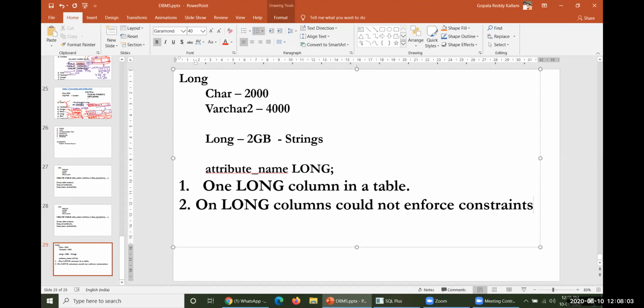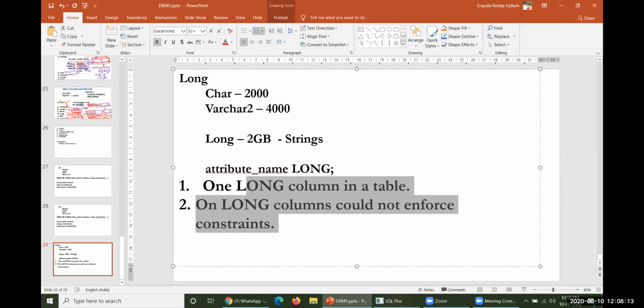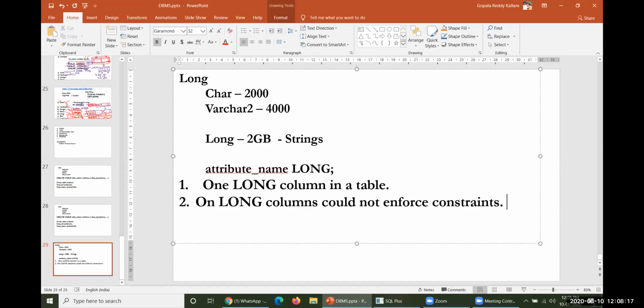Whatever the constraint may be, there are totally six different types of constraints available, and out of all those, you are not allowed to enforce any on long columns. A long column must be entered in such a way that it doesn't have any enforcement of constraints.